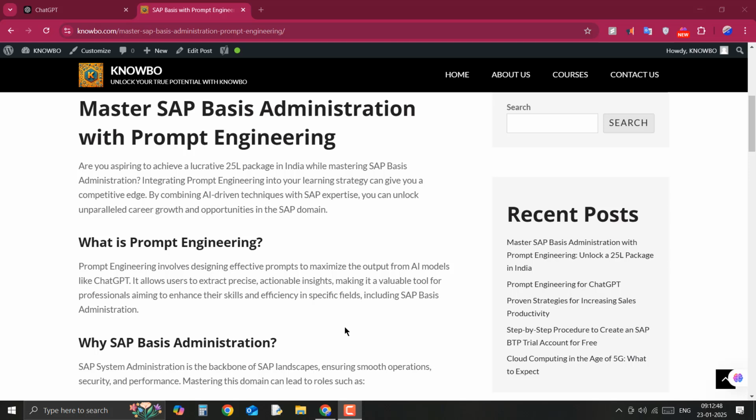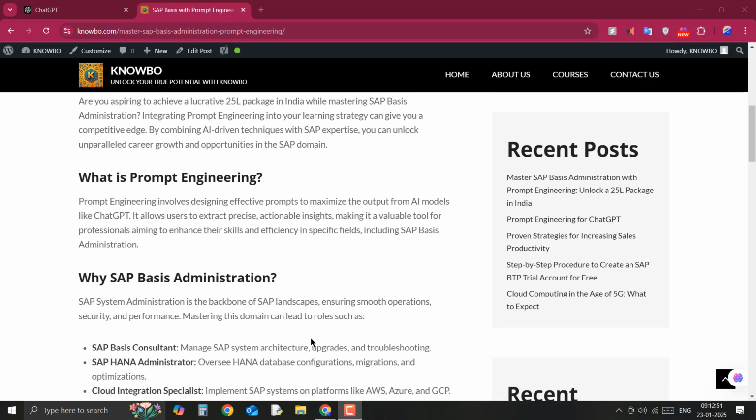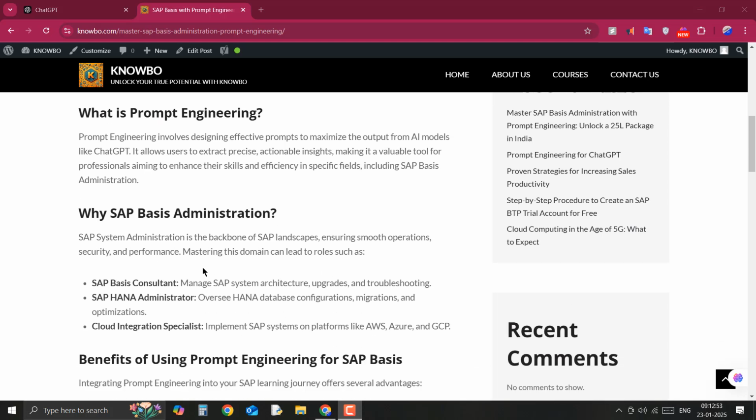So why SAP Basis Administration? As I said, SAP Basis Administration is the backbone of SAP landscapes, ensuring smooth operations, security, and performance. Once the SAP system is deployed, its security is very important. Of course, the system should work at its best levels, meaning performance should be better.